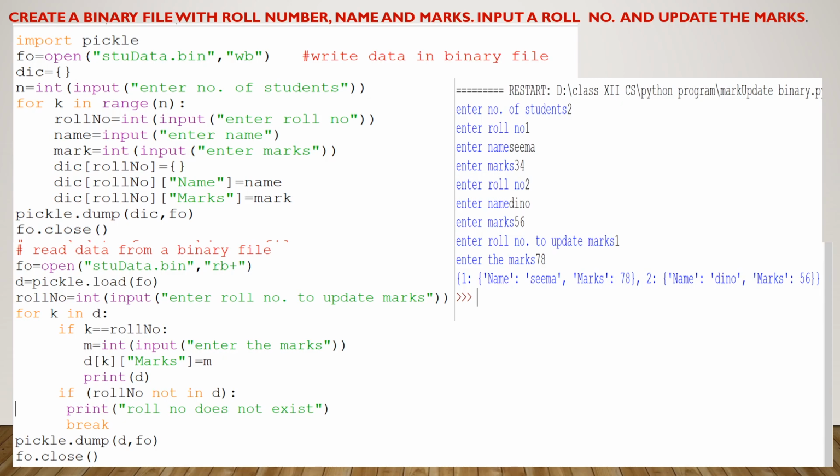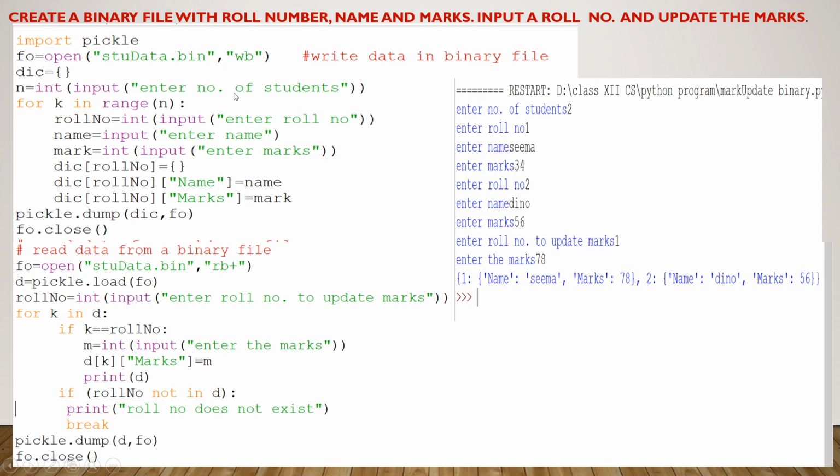It all depends upon the user. So I want to take the number of students that the user wants to enter through this input function. This input function will display whatever you have written inside it as an argument. So I have written here 'enter number of student'. So it will display on your screen 'enter number of student'. You can see on the right hand side. When it is displayed on the screen, the user will enter the number of students that the user wants to enter. So I have entered 2 here.